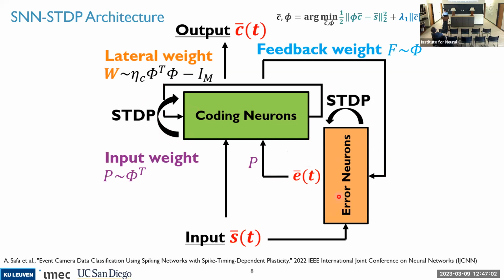And we will apply STDP to all the weights of this network, and all the weights are independently evolving. And what we can show, and for all the details I invite you to this manuscript, is that when you apply STDP to the methods described there, the weights of this network will converge to weights that are related to the dictionary of the dictionary learning problem. For example, feedback weights will converge to the dictionary matrix. The input weights will converge to the transpose of the dictionary matrix, and the lateral weight will converge to also something related to it. And it will kind of open up the black box in the next slide.